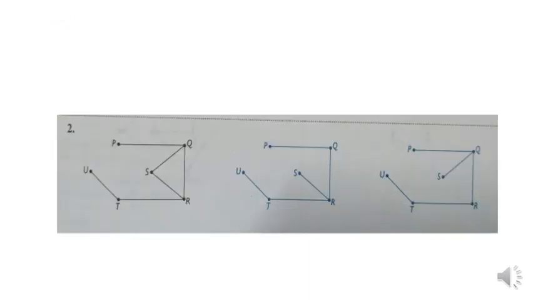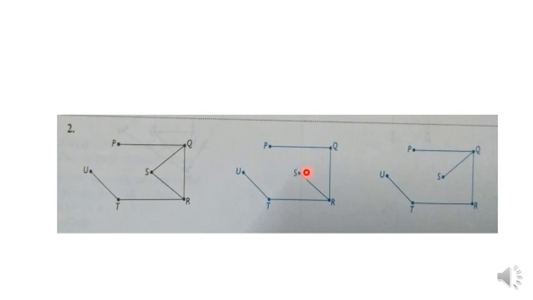Okay, last one, exercise number 2. Given a graph that is not a tree, you draw two more graphs that are trees. So again, you redraw the graph, except S and Q you don't join with an edge, because if you join S and Q, you have two ways to connect S and Q. So don't join these two vertices. If you join, you have two ways.